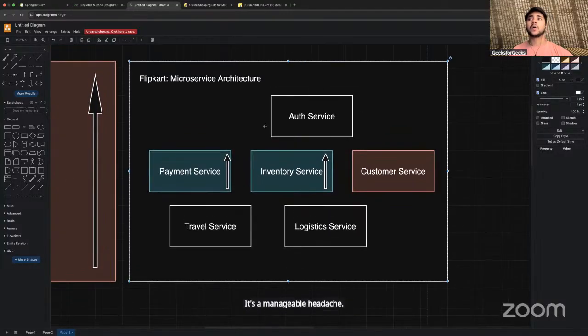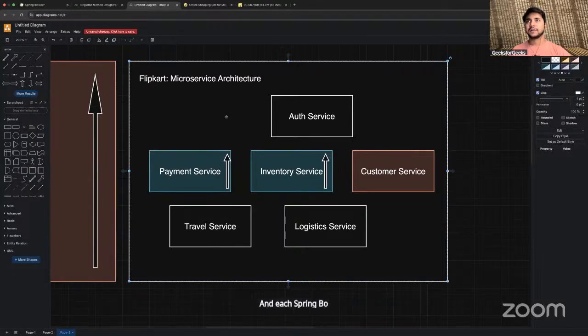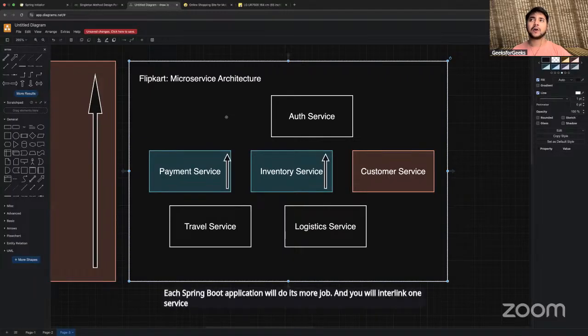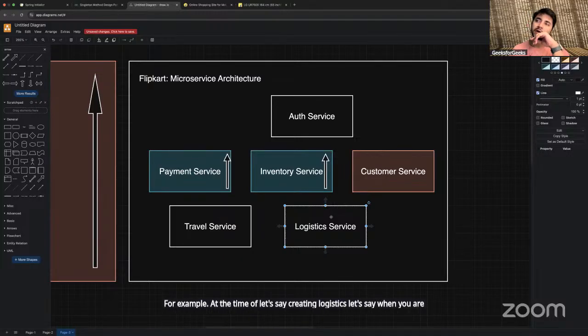So if you wanted to do this for real, you would create multiple Spring Boot applications and each Spring Boot application will do its own job, and you will interlink one service with the other depending on which service uses what. For example, let's say you have ordered something.